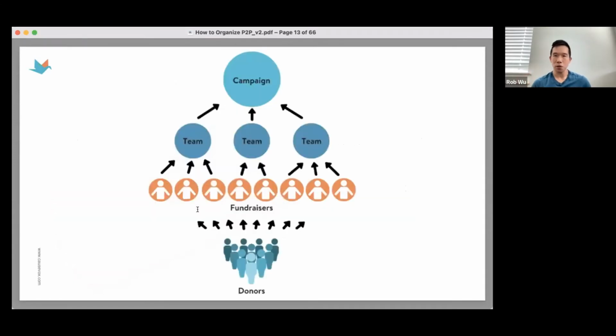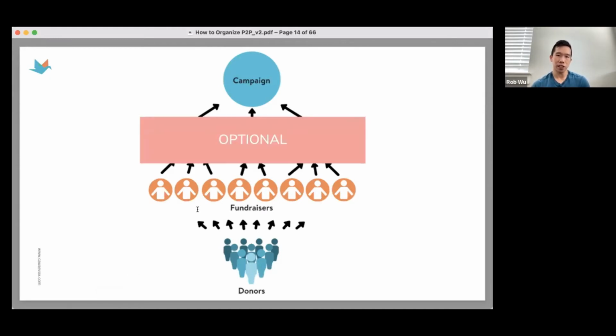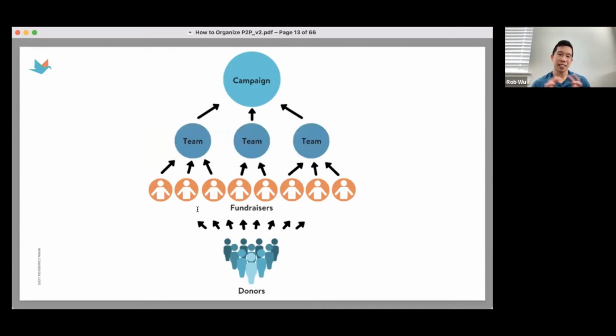Tangibly, how it works is that you have a campaign or some type of initiative. You have teams of folks, whether they be board members or schools or volunteer groups. And you have all these individuals, the orange layer over here, creating these personal pages, and then their networks are donating to them either through social media or through email or whatever mechanism there is in order to drive donations to your organization. I do see that this team layer is optional. So if you're running peer-to-peer for the first time, I actually wouldn't think about teams because it complicates things a little bit too much.